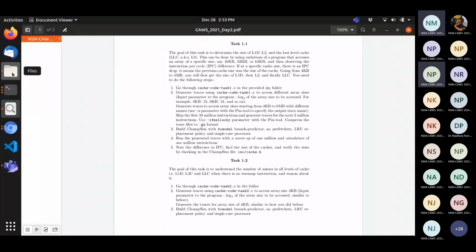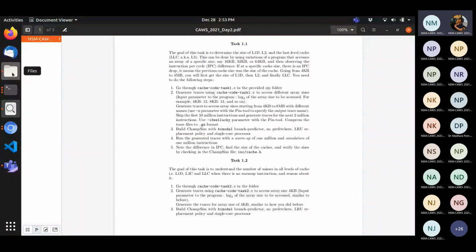What I can infer is that the command for trace generation, that was n_trace, in that if I have to check for 4 KB, then I have to put 12 there instead of n_trace, because that step of 2 million, using 10 million and skipping 2 million, is after that, right? I did not get that.